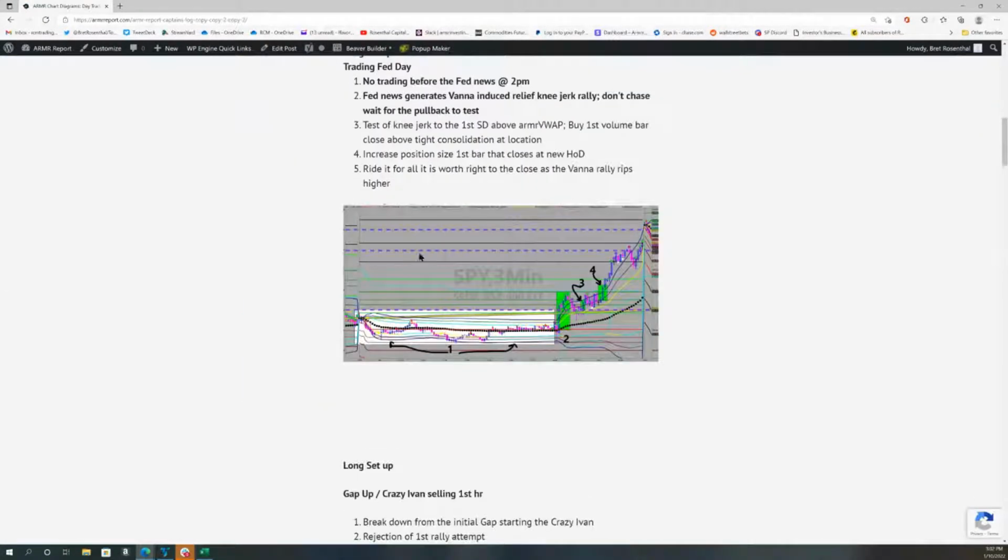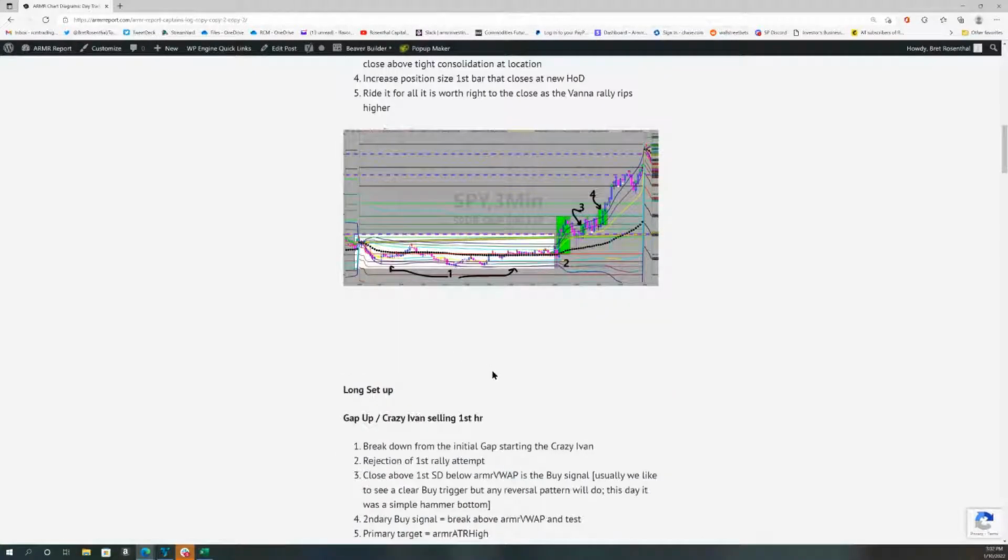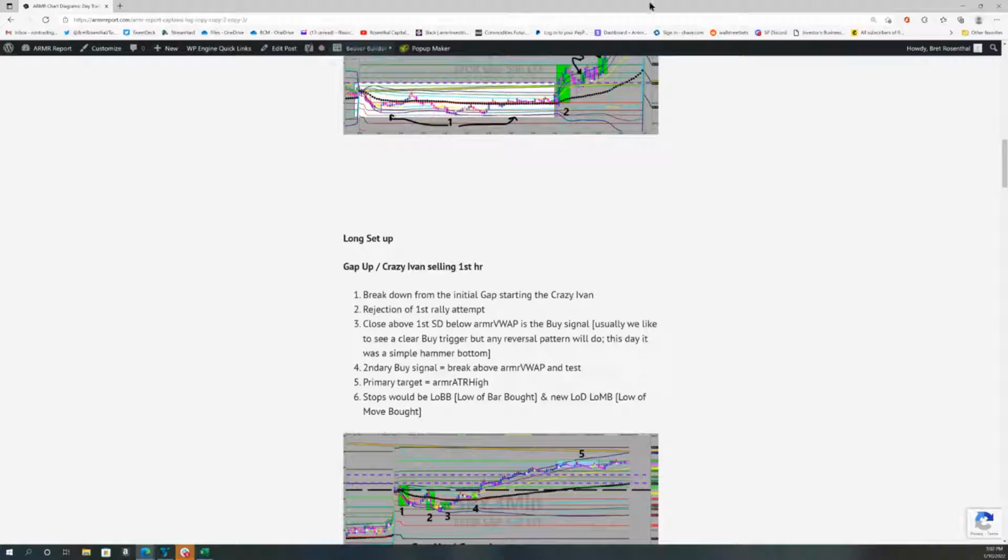Okay. So in here, what you're going to see is a detailed step-by-step of how we put these trades on. Long setup, trading the Fed day. This is how we trade a Fed day. Right. And so what you're going to see tomorrow morning when I post it, it's going to be risk monitor red, negative gamma market, big gap down. How do we trade it? Step 1, step 2, step 3,